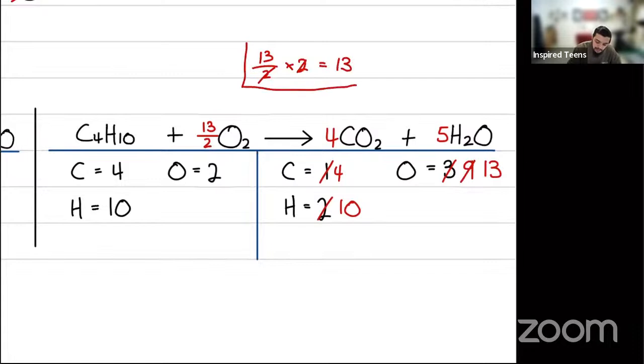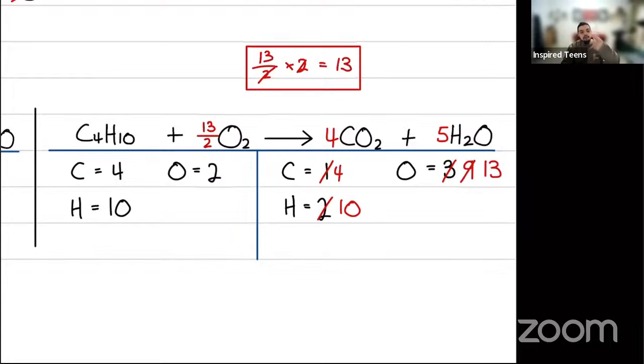So that's why you want to multiply it by how many you want, divided by whatever the subscript is there. This is when you're having issues with odd and even numbers, right? If it's a diatomic element but you need an odd amount on the other side, this is how you solve that issue. Okay, so you multiply it by 13 over 2,